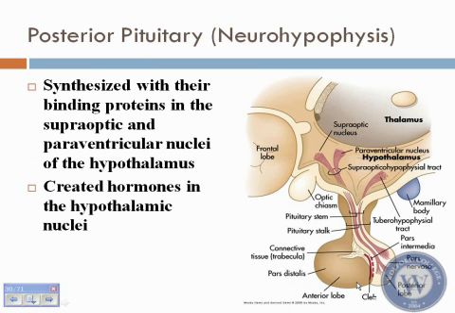The posterior pituitary, also known as the neurohypophysis system, I can never say that word right, is basically the mechanism that I just told you, where the cell bodies are actually located here and here. That's where the nucleus is, the endoplasmic reticulum, the Golgi apparatus, and where all the hormones are produced. The hormones have to be produced here, and they travel via vacuoles all the way down here, just like any other neuron.